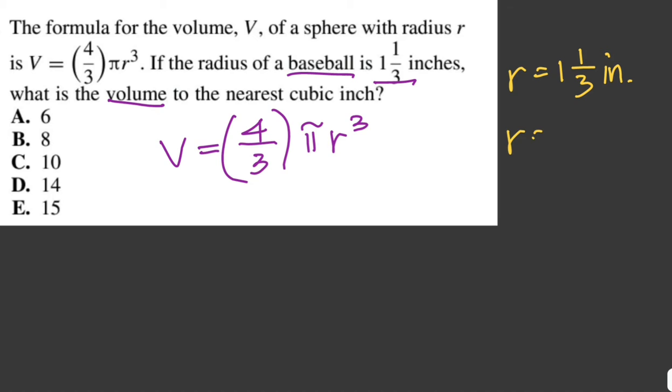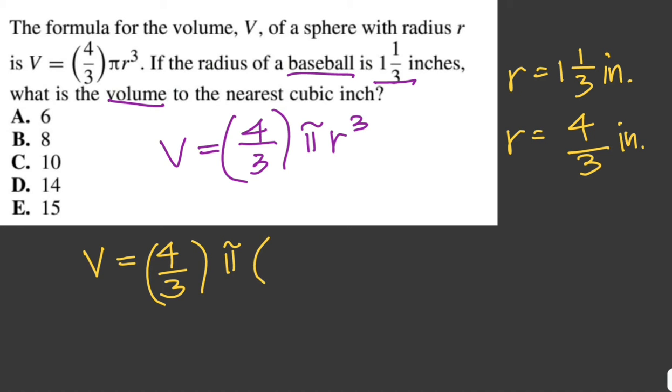We can write this as an improper fraction, which is equivalent to 4/3 inches. Since we're given the radius, we can simply plug in its value into the formula. So volume equals 4/3 times pi times the radius, which is 4/3,